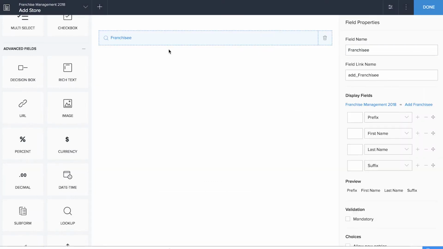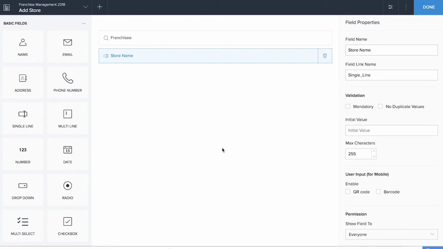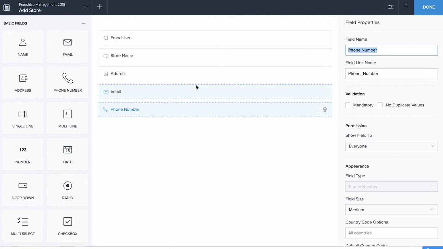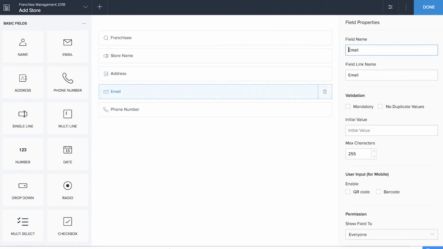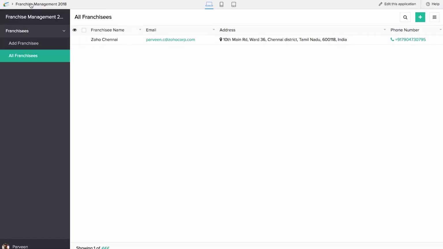So this will take care of my franchisee. And then I want to know the store name. Next, the address, the email, and the phone number. Now the email I'll change to store email because we have a franchisee email as well. Hit done. Now when I go to the live mode of my app and refresh it, I'll see that the